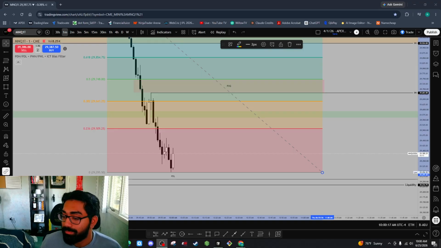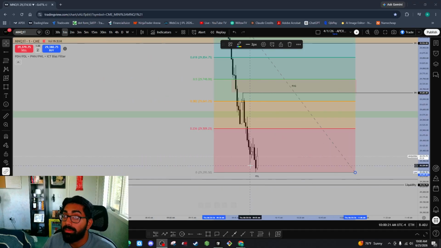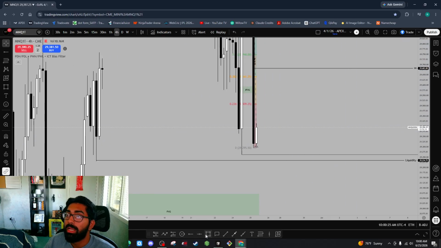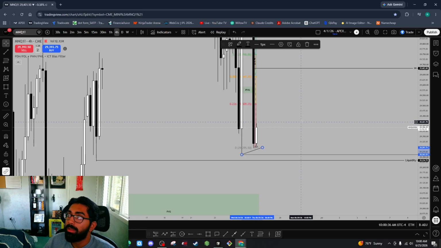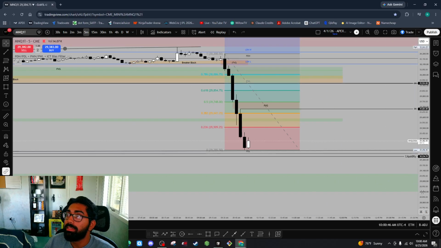Okay. 4-hour has finished. Now, like I said, we created a high time frame SMT divergence, a bullish one. And just because we have a bullish SMT divergence doesn't mean we're now taking longs. No, it means that we're retracing deep enough for us to take shorts and then continue bearish. That's what we found out, especially after seeing this massive candle. I mean, come on. So now it's a question of where do we enter our shorts?